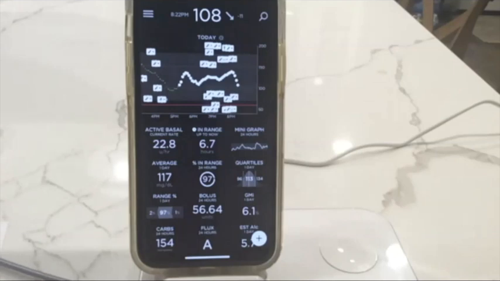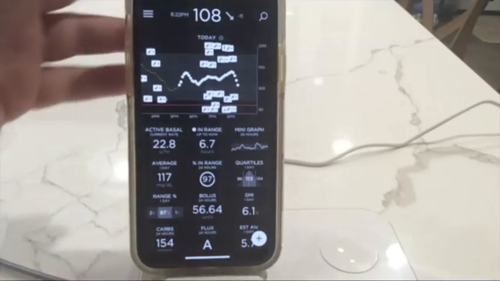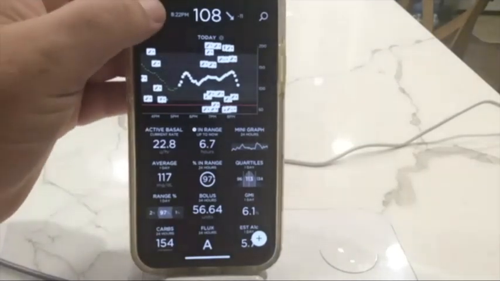It shows you some stats that are kind of neat, and I actually like to use that and go, can I get 20 hours of time in range? Can I get that up to 24? Can I get it to 30? So in the Sugarmate app,